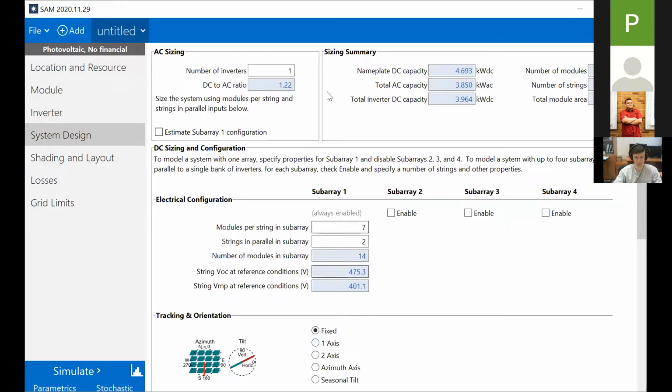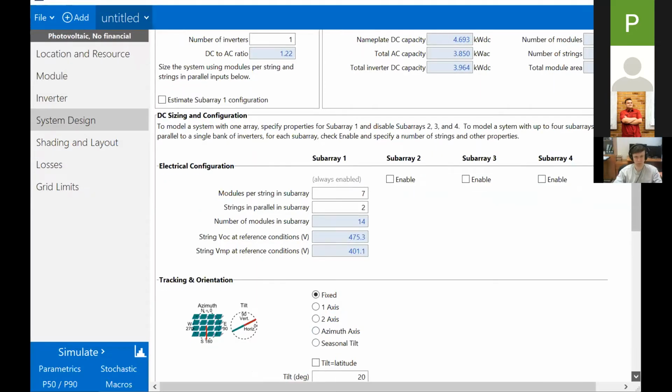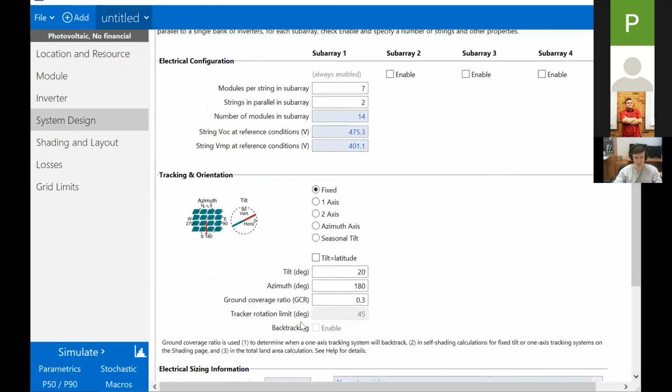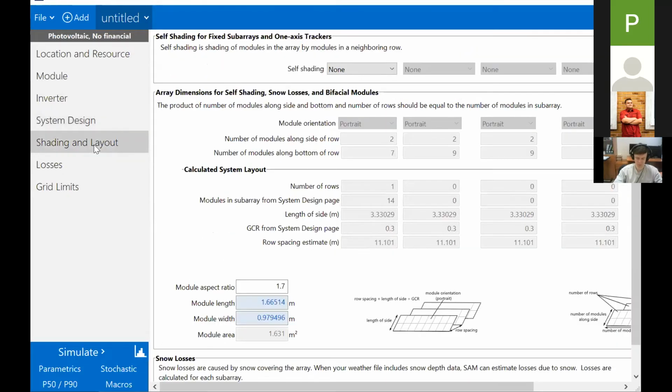And one of the things that we're going to be looking at, if I can bring it up a bit better, is that SAM gives us the option of tracking the sun, or it also allows us to have a fixed tilt angle, and a tilt angle is the angle of the module in the north-south plane, and the azimuthal angle, which is the angle in the east-west plane. We can also do some corrections for shading